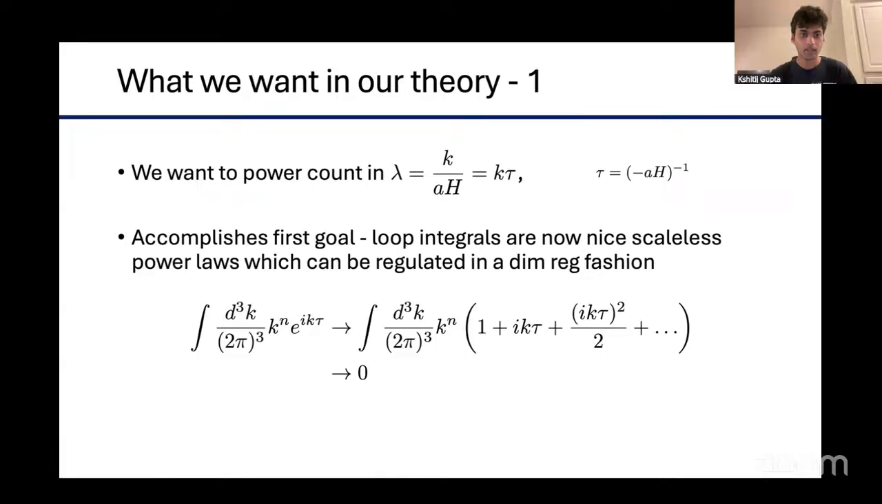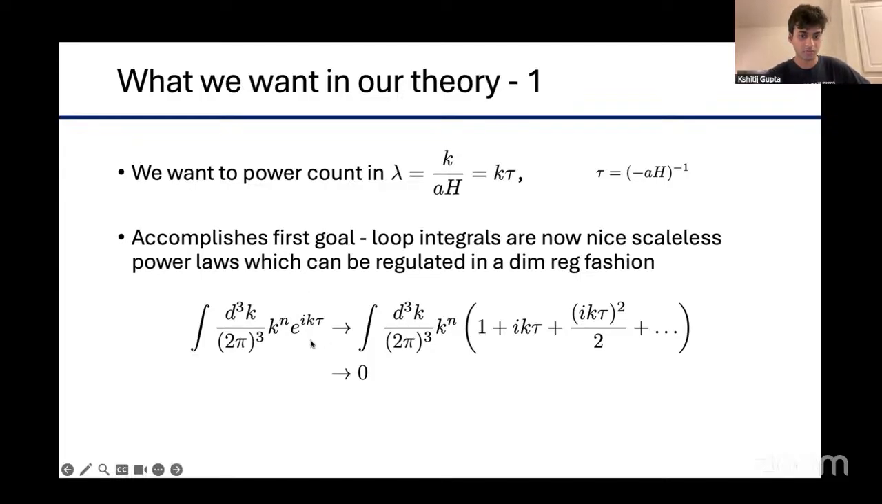And okay, if we have an EFT, we should define a power counting parameter. The small variable which we'll always Taylor expand in is lambda equals k over aH, or k tau, which we know will be small because we are outside the horizon. So this is the small quantity that controls our theory. And actually, very nicely, this already accomplishes our first goal, which is to do loop integrals in a nice fashion. This is because